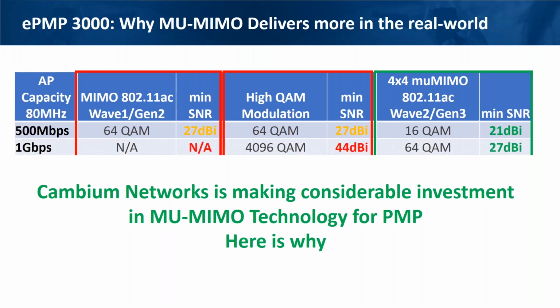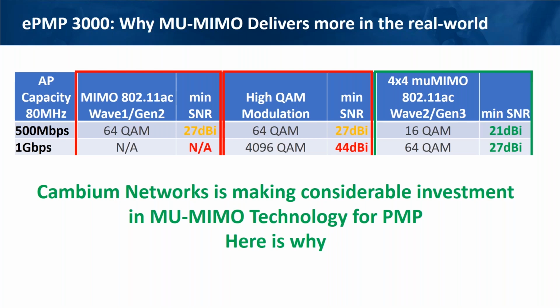Now, if I want to go to a gigabit per second, that really becomes not feasible with 802.11ac Wave 1. You need to be on Wave 2, which is what we have with the 3000. With products like Ubiquiti's LTU that do not support MU-MIMO but are able to go to high modulations, they can